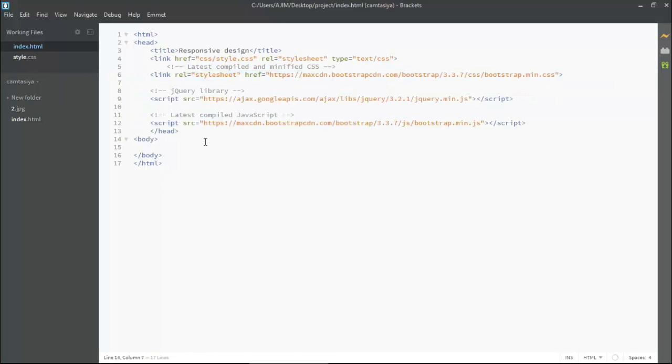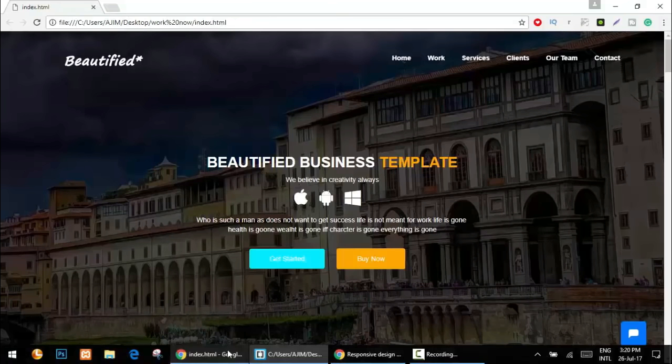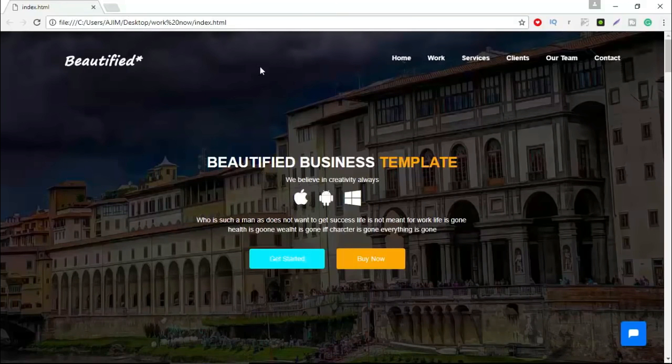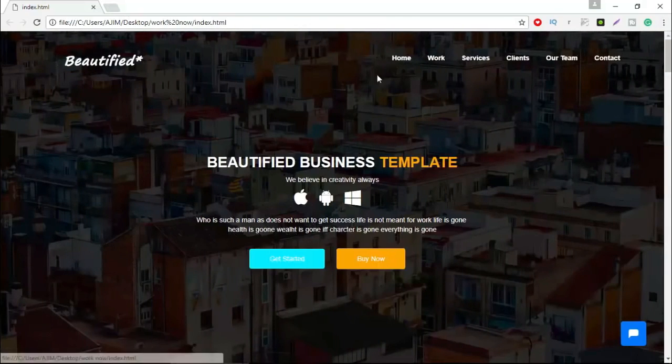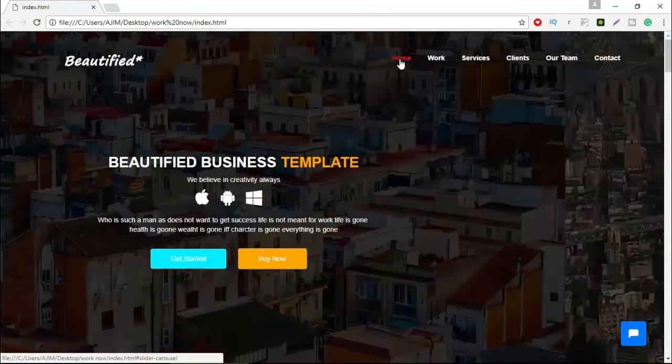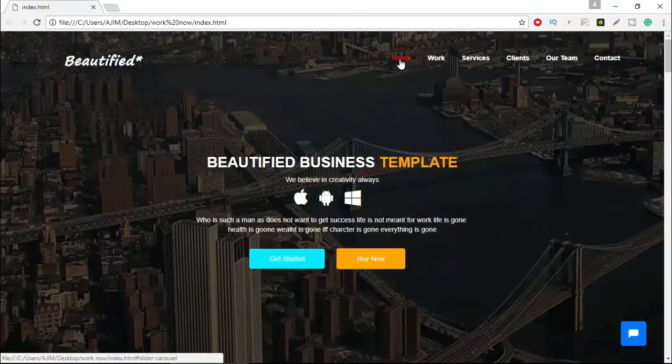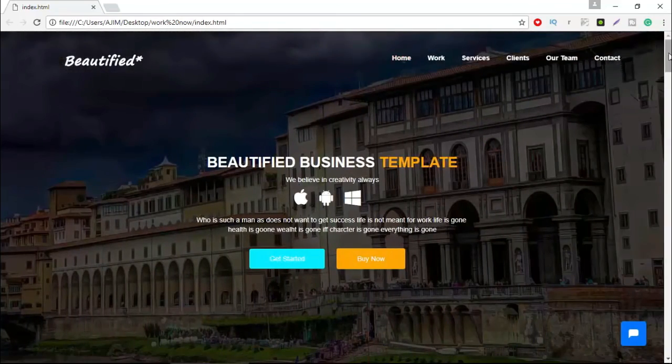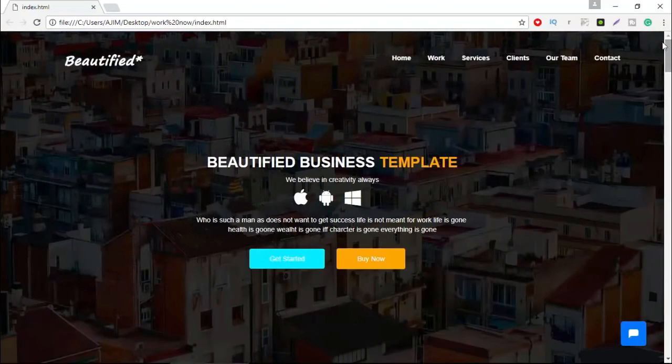Friends, in the previous lecture I put all the Bootstrap CDN links. See, it is showing up right here. Now in this lecture I'll be creating a navigation. Firstly take a look at what we are going to do in this entire class. So here we have the preview. As you can see, this is the navigation part. Here we have the logo, then the menus, then we have transitions. So something like this we will create in this entire class. Without wasting any more time, let's get started.